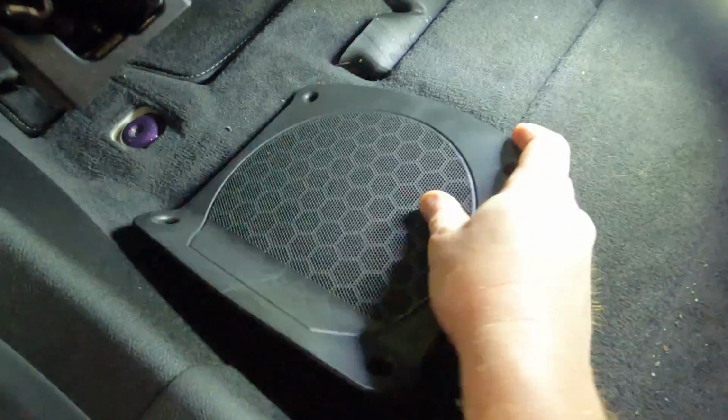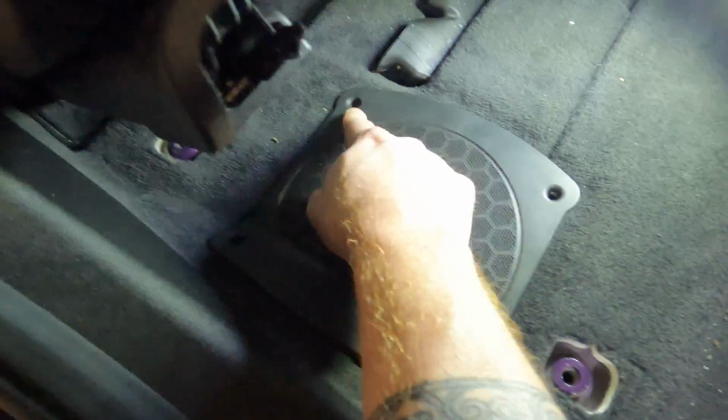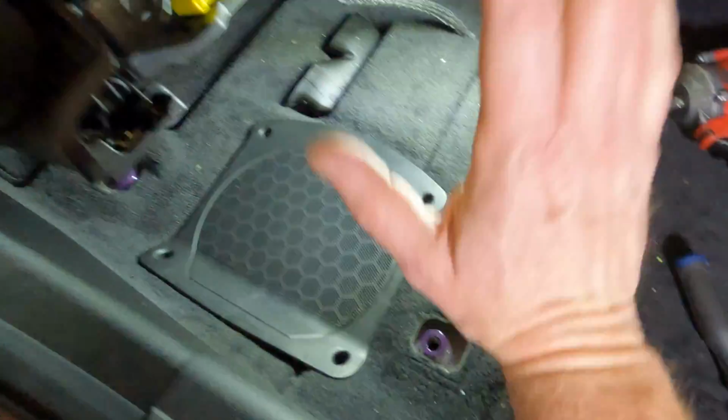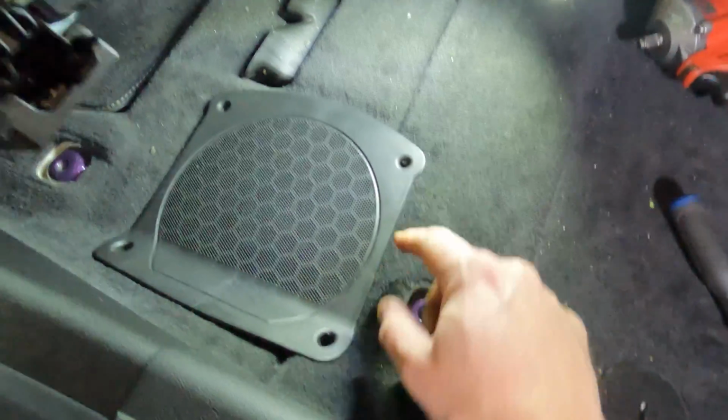The cover, you just lay back into place, and then you're going to put those 4 T20s that you took out back in, secure it down to make sure it doesn't rattle or anything, and then go ahead and lay your seat back down. And then at this point, we're going to be lining up and putting our seat bolts back in,